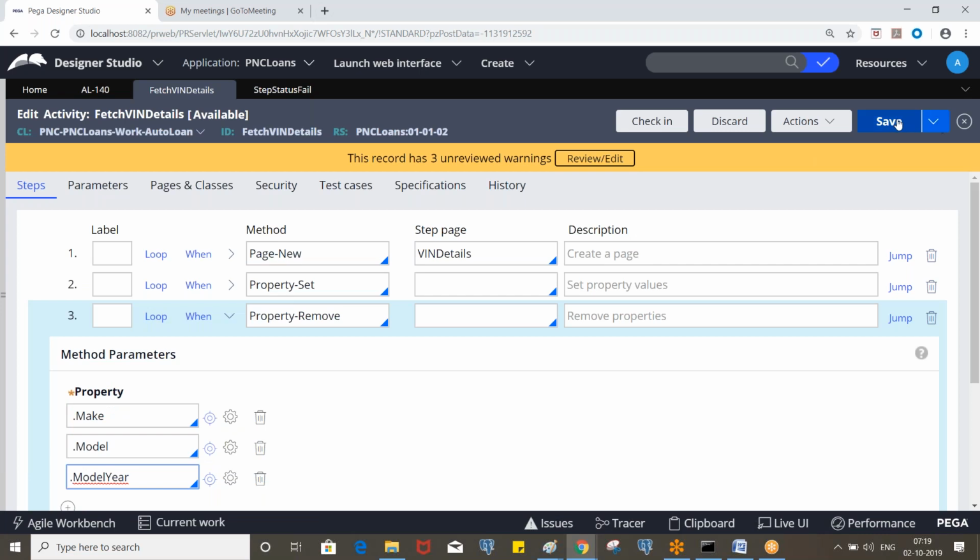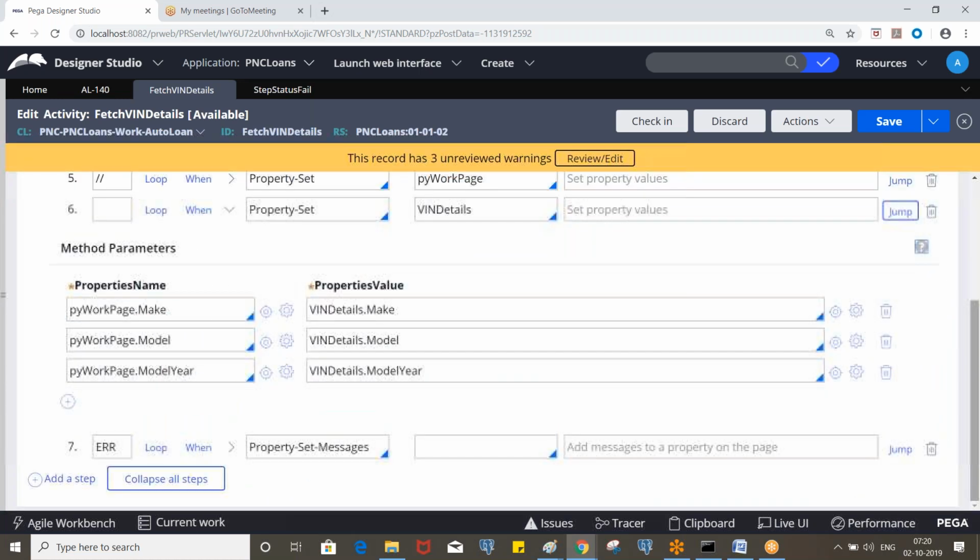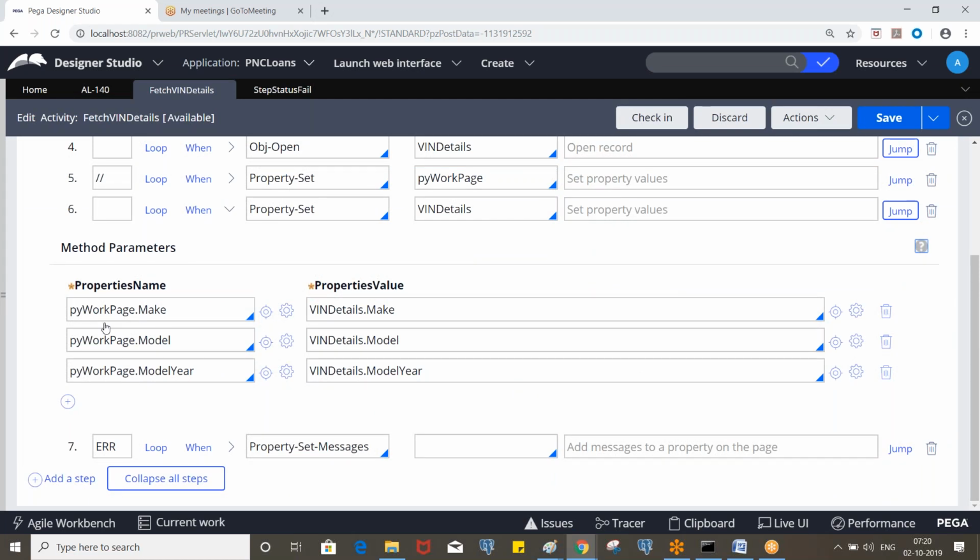Satya, we are actually pulling up the data in step number 4 as of now. So, we will come to know only after step 4 that the data is not available for this particular ID. Exactly, but we are setting it before that to blank. So if we have already data available, it will be removed, and if OBJ-open fetches the data, and again we are handling here, right? And it will assign the values to the properties.